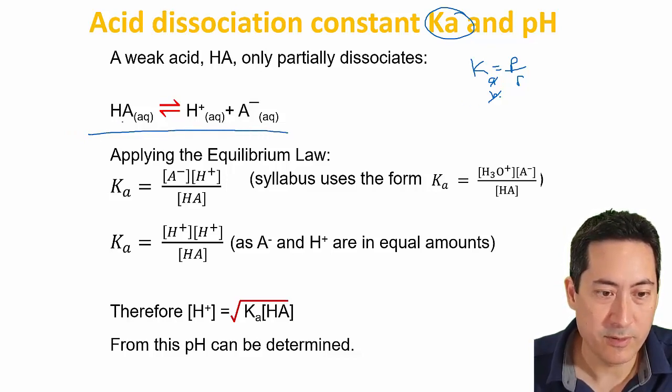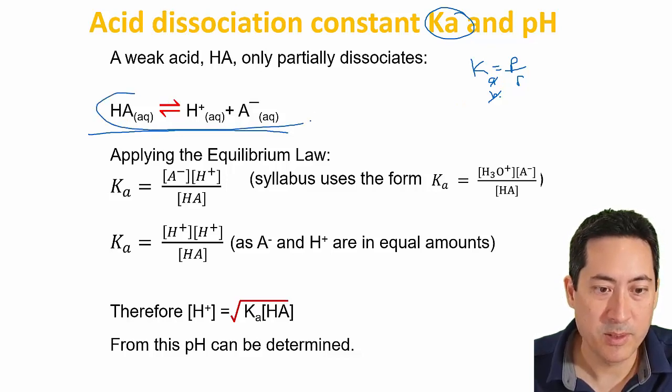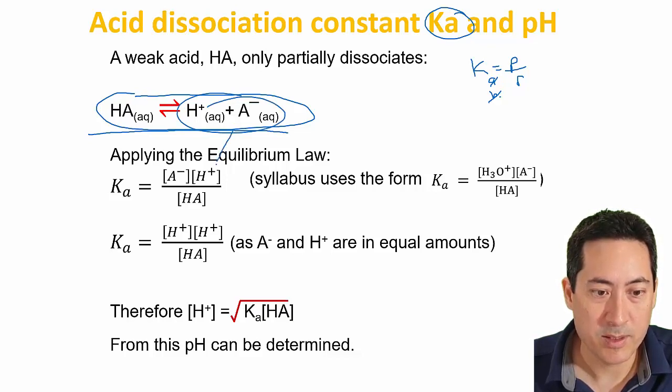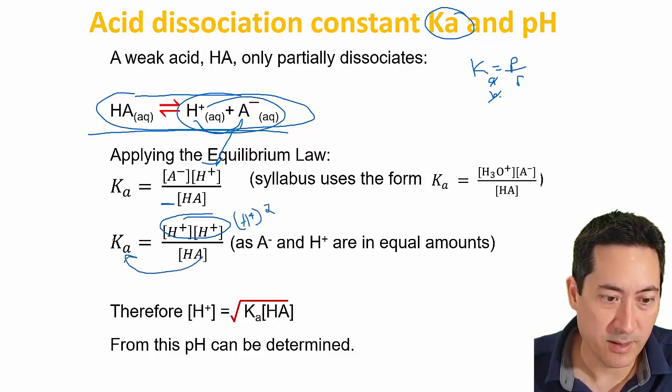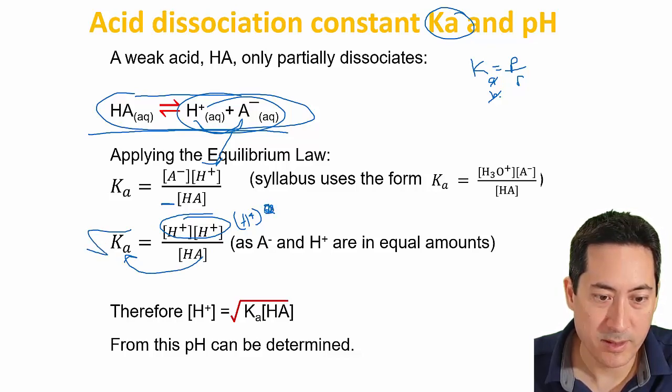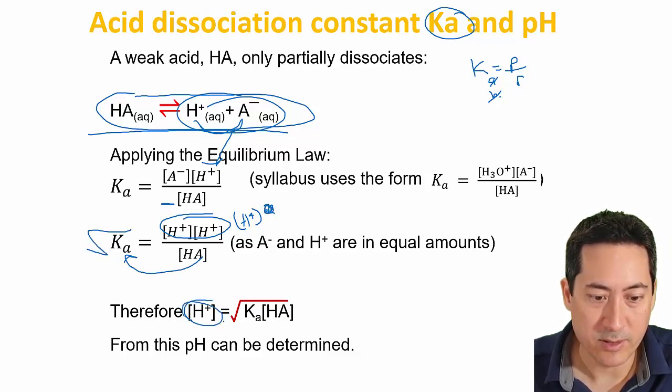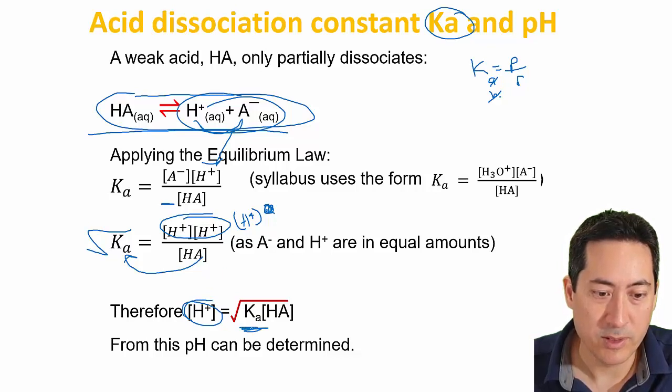And so what we have here is the equilibrium equation for a weak acid, and so you've got the products here divided by the reactants, and because these are in equal concentrations, we can just replace that with H plus, make that H plus squared. We can times that out there and then take the square root to remove that, and so we can get the hydrogen ion concentration if we know what the acid dissociation constant is for the acid and the